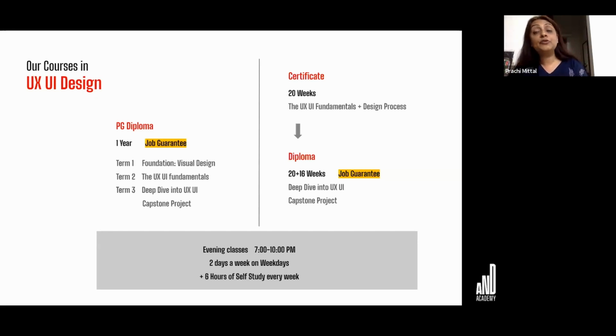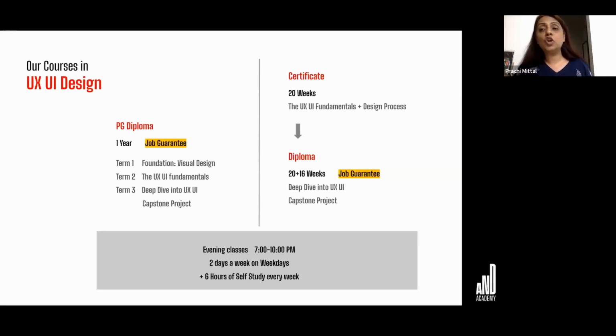The certificate course I recommend for explorers, people who are still exploring whether they want to do UX UI, but that's also a rigorous course, right? It's not to be taken lightly. But because it is a short course, it's good for explorers.